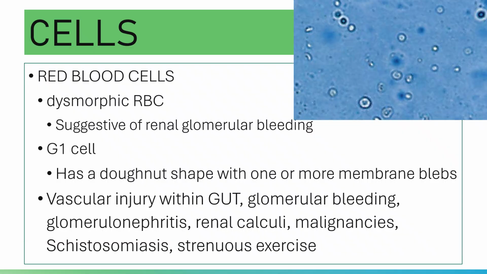Take a look at the clinical significance of red blood cells. When we talked about hematuria back in the chemical examination of urine, we said that red blood cells may be added to the ultrafiltrate anywhere from the glomerulus to the urethra. So these are the disease correlations of red blood cells in the urine.